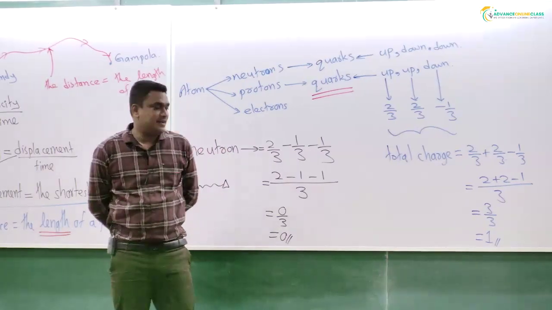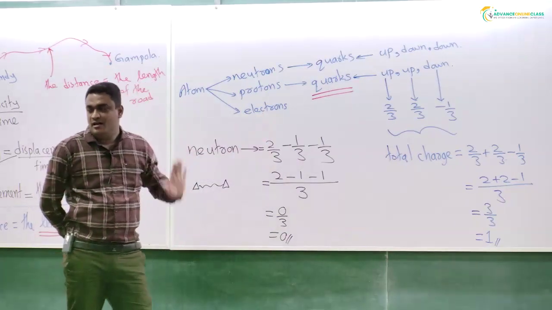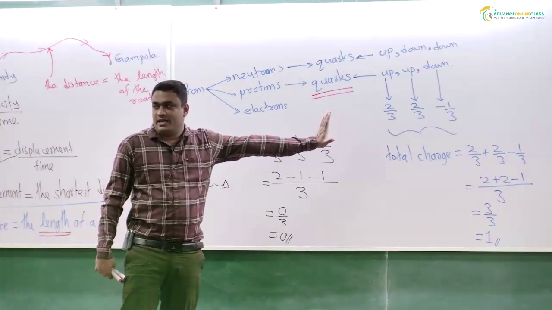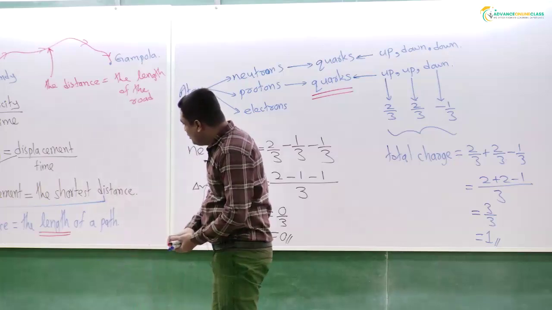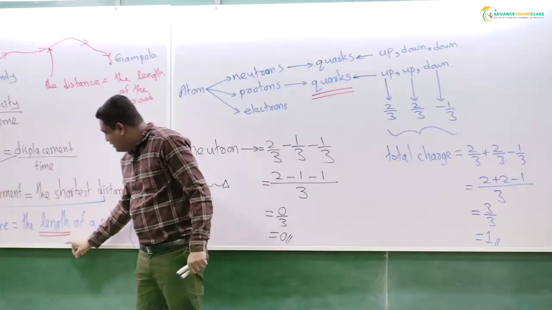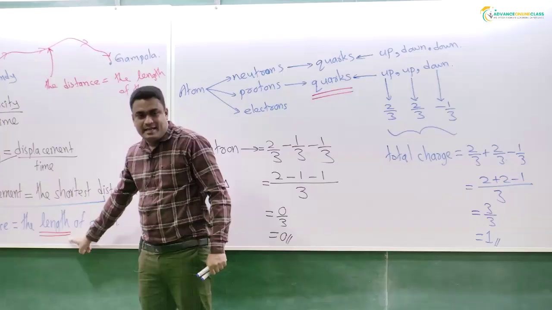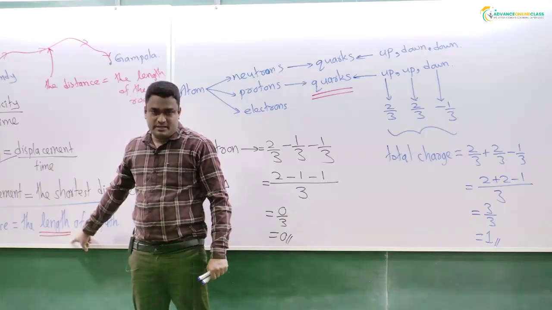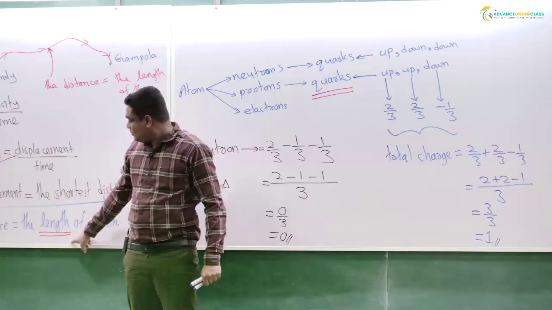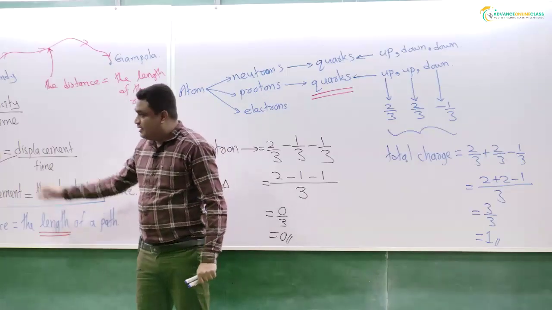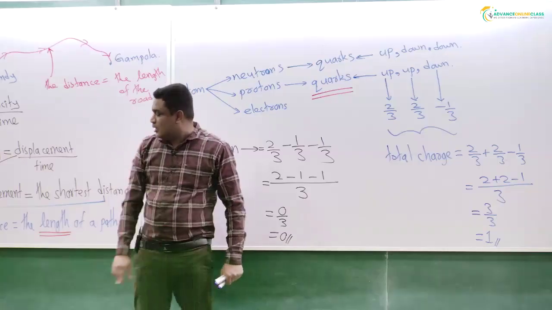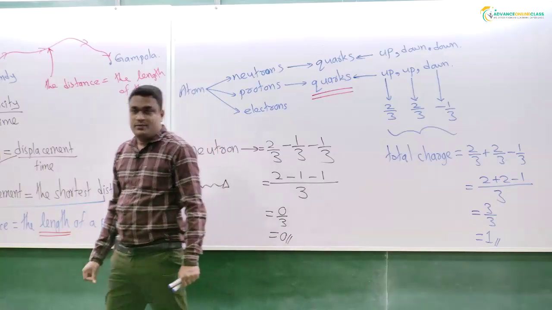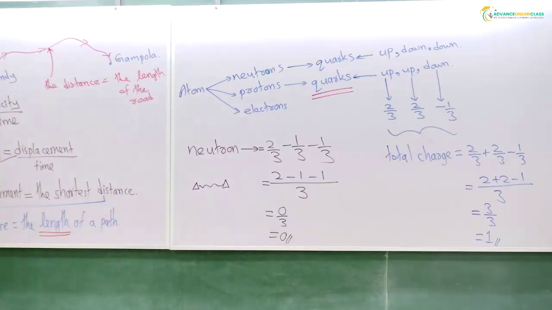Got it? Right. Are you all okay here? Fundamentals are the things that cannot be divided any further. Or a fundamental is something that cannot be defined by other physical quantities. Got it, dear? So, discuss. There are 7 fundamental physical quantities. What are the 7 fundamental physical quantities, dear?